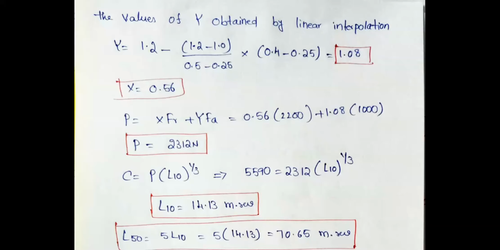In order to know the exact Y value, because we will get a value of 0.40 or 0.412, those values may not be available. If the values are readily available, then directly you can consider the corresponding value. If they are not exact values, then you have to go for the interpolation method. By using interpolation, I am getting the value of 1.08.